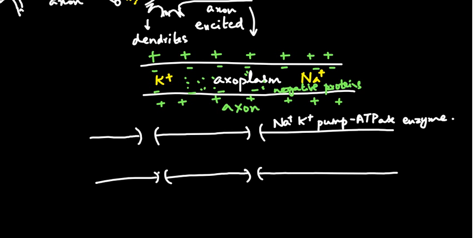Now, these axonal membranes, during the resting stage, that is when the axons have not received any kinds of electrical impulses or any messages,